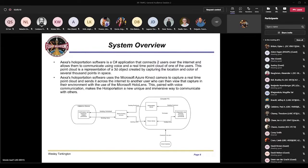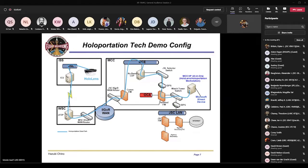Here's a picture that lays out the system, and I believe Dr. De La Peña-Laca is also online as well and can help me with any technical questions. But basically, the holoportation software that's originated and adapted by EXA Aerospace is a C# application, I'm sorry. And then we use the Connect software. And here's a schematic showing, in the upper right-hand corner, the equipment that we have in Mission Control and the connections there